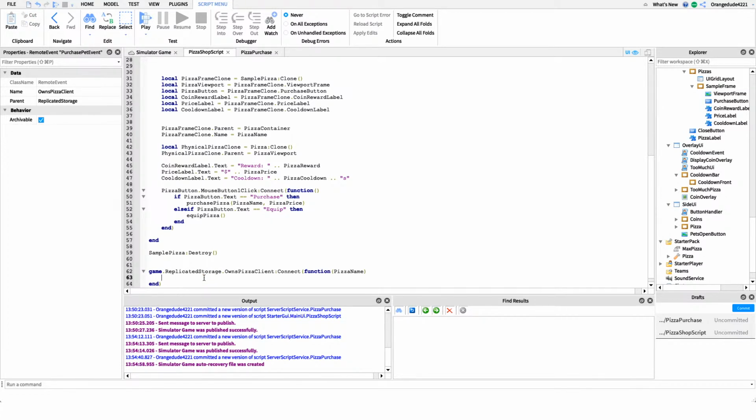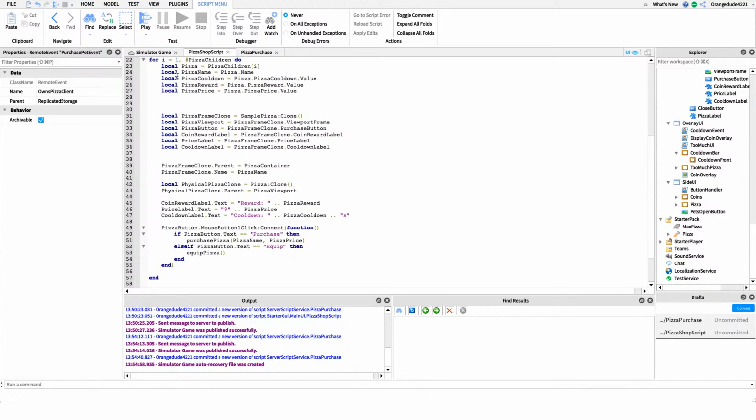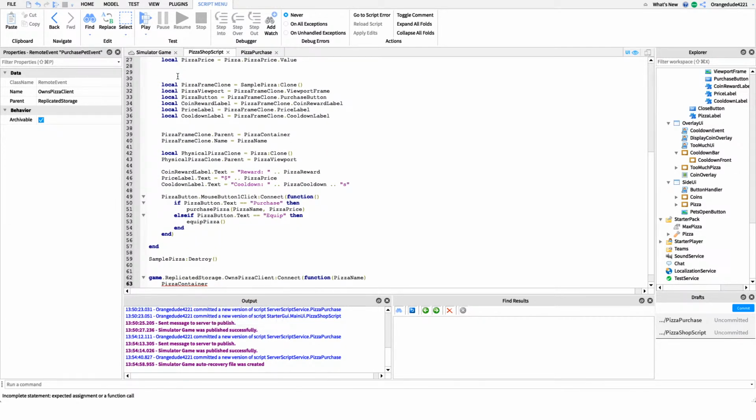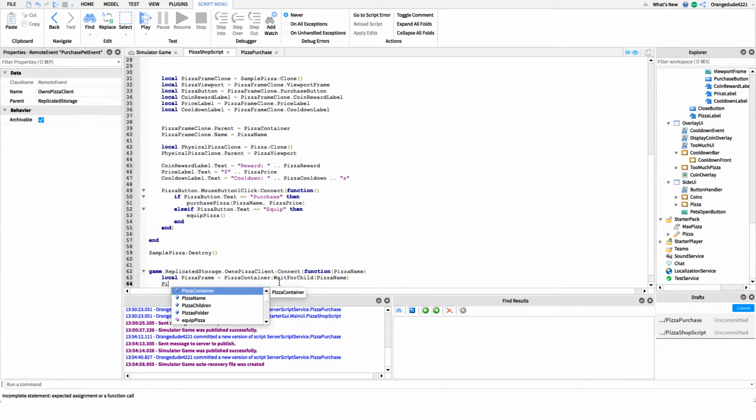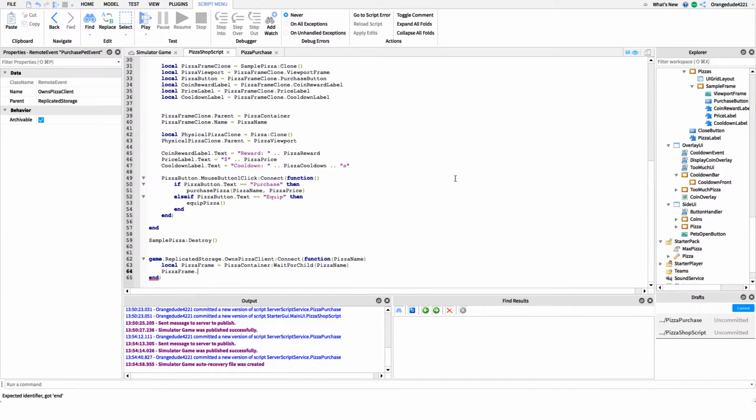So, in the own pizza client, all we're going to say is we have a variable called pizza container. We'll say local pizza frame equals pizza container colon find first child or wait for child, and we're just going to wait for the pizza name, and then we'll say pizza frame dot, what is it? It's the purchase button dot text is equal to,